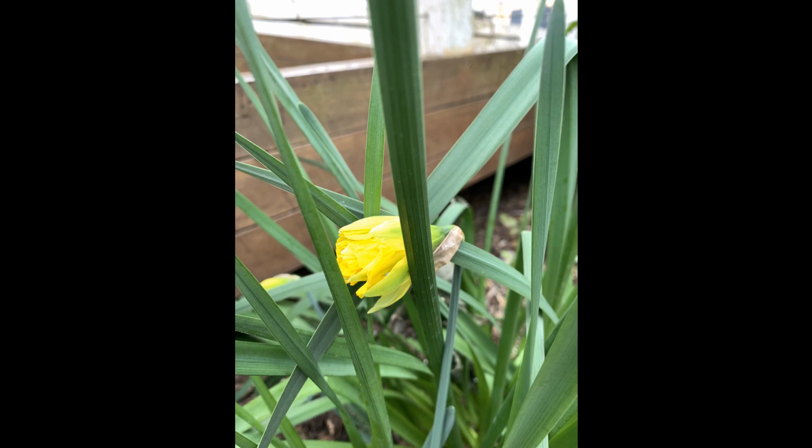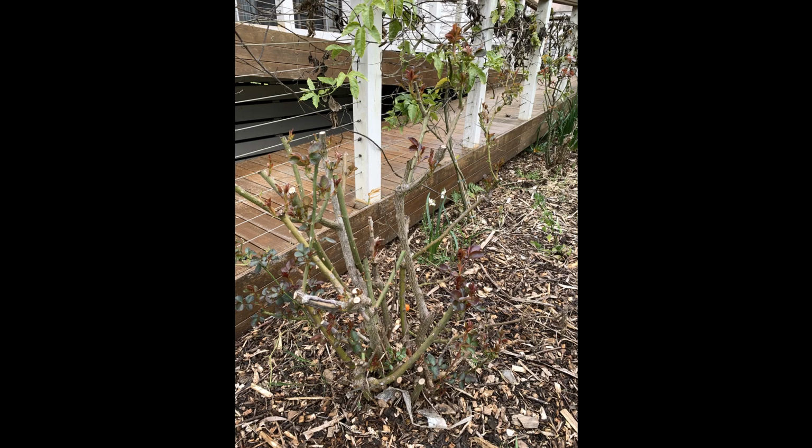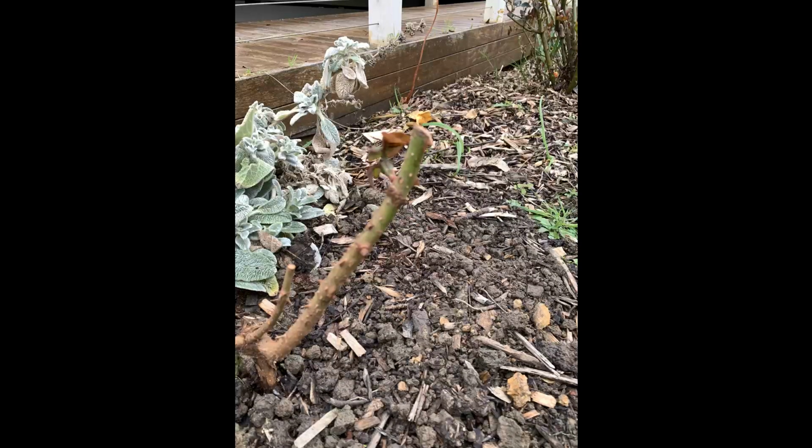There are some daffodils out. My roses that I pruned quite hard this year have started to sprout some new growth, and my new rose that I planted in memory of Wade has started to grow as well, which I'm really pleased about. So there's sort of little springy things happening around, but then we're also getting these frosts that are knocking back and killing some of those things that are starting to grow